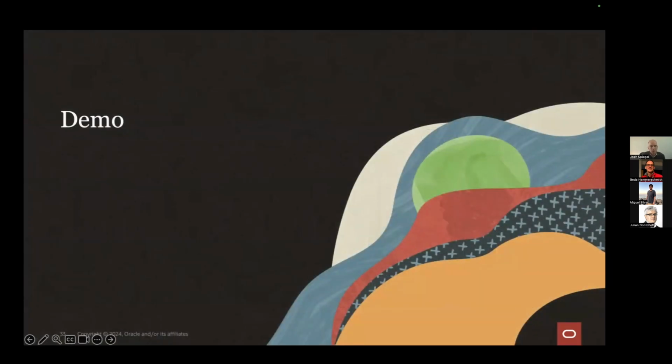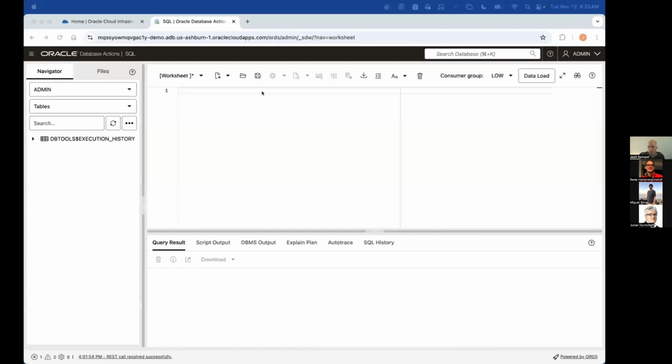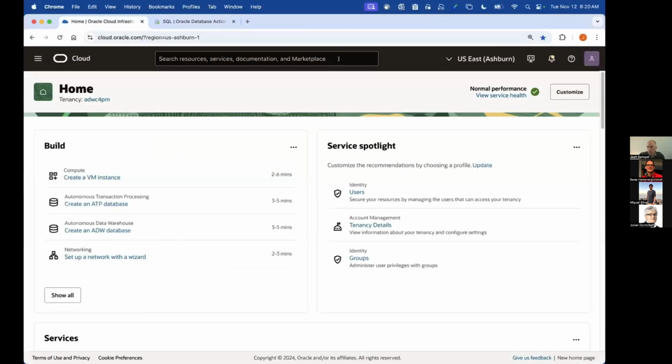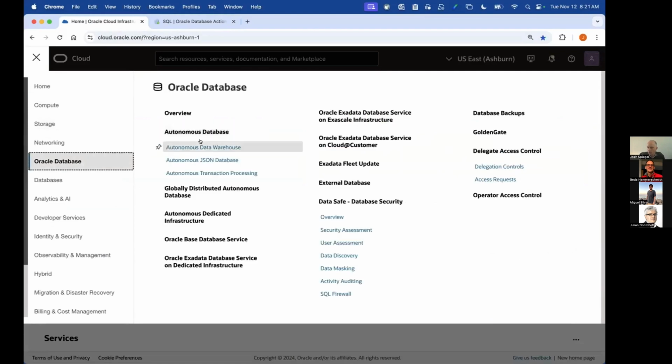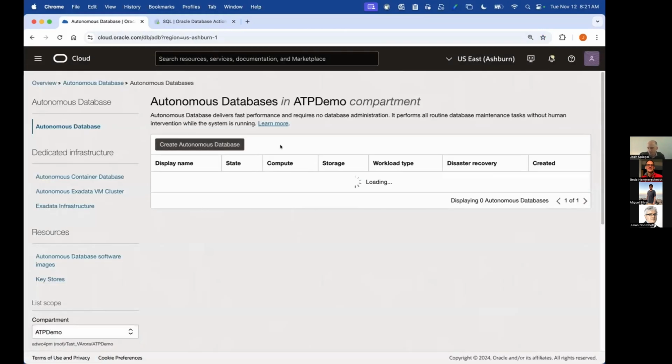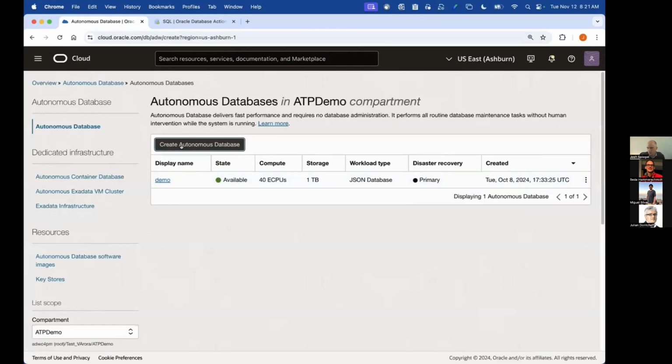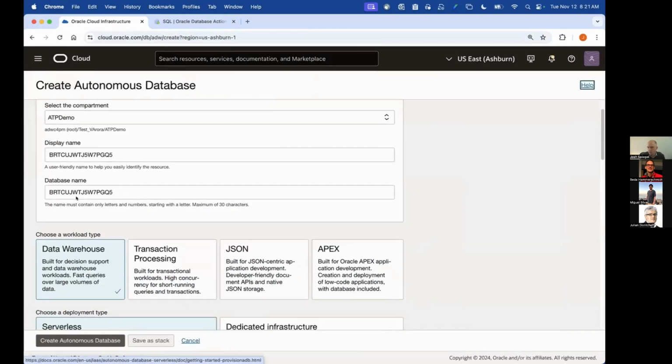Okay, so I'm going to take a break from slides now and show a short demo. If you log into our cloud, you'll see a screen like this. I'm going to click on this hamburger menu and click on Oracle Database. Here's the autonomous database I mentioned briefly, the managed version of Oracle Database. If I click on Autonomous Database, I can click Create Database. And you basically enter some